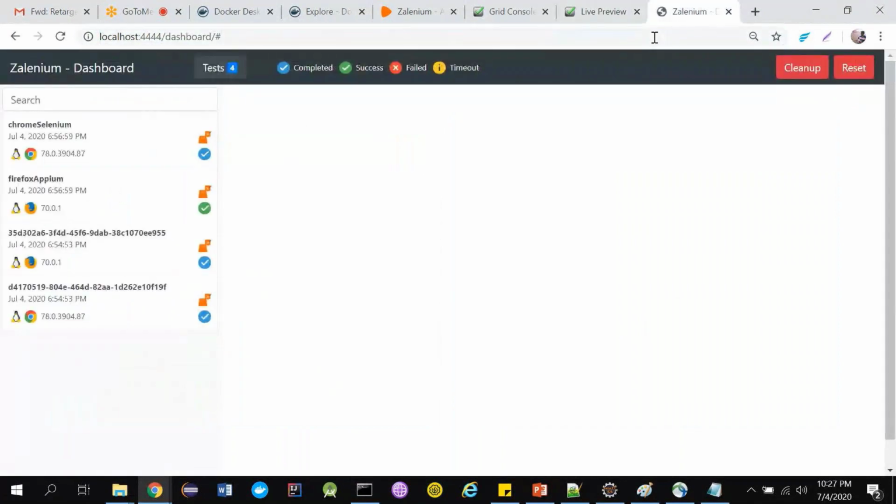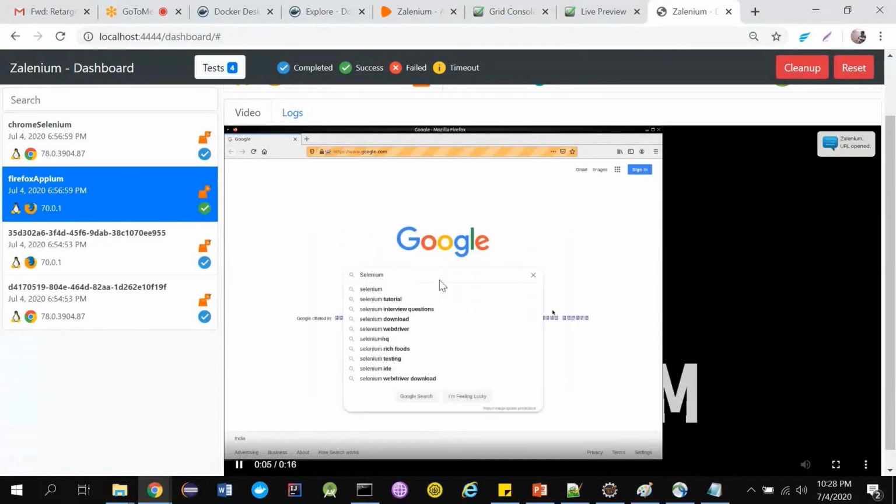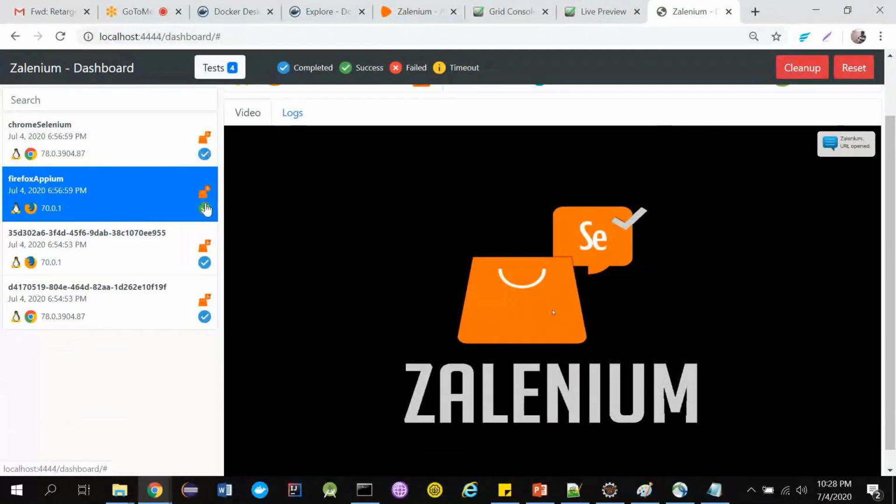I think if you see, the name is Firefox APM. Yeah, it got passed. Okay, it got passed. There is some problem with my script, it's entering both of them in the same thing. If you see URL opened, it's all coming, but if you just want to see the name, it's now coming, and we are marking it as a pass. So that's how, guys, you can use it.